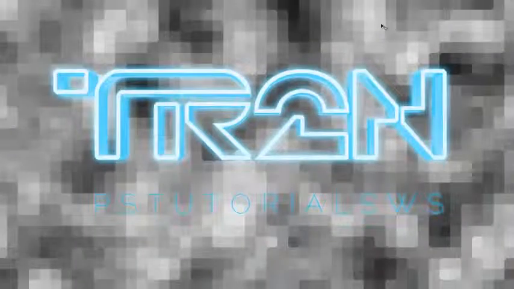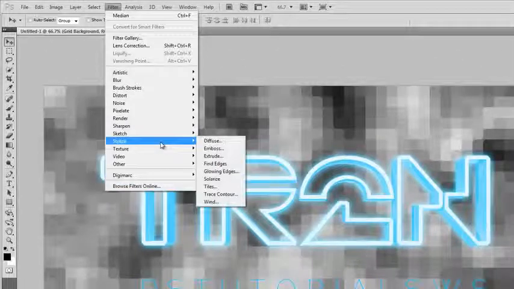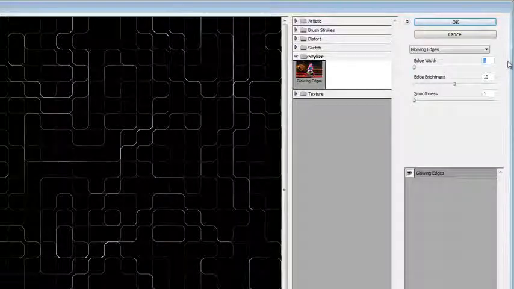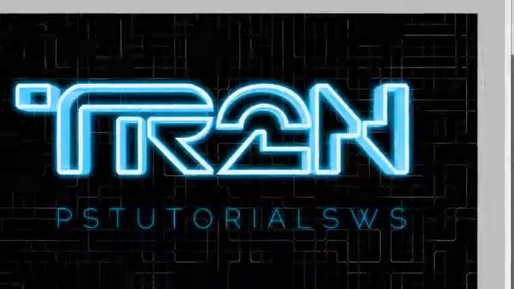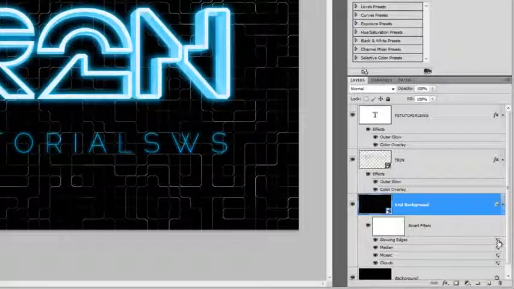Now we're going to give the mosaic pattern some glowing edges. Go to Filter, Stylize, Glowing Edges. Set the edge width to 1, edge brightness to 10, and smoothness to 1. Then click OK. In the Layers palette, double-click on the Blending Options button for the Glowing Edges filter in the